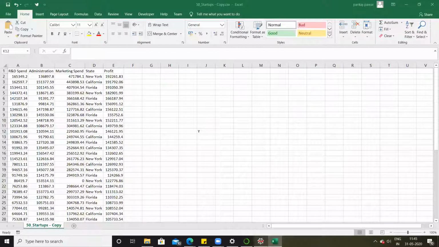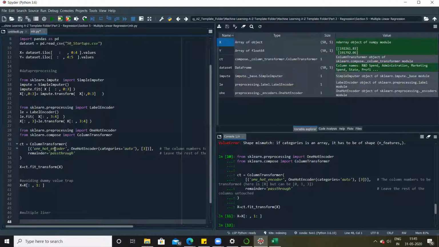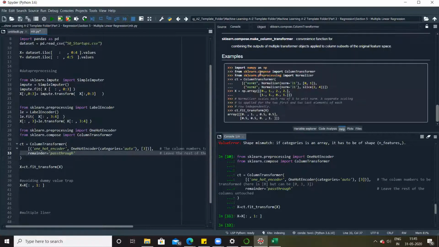Remainder parameter. What does that mean? You can actually choose to ignore this. You can use the default value. We actually don't need this. If you go to the help section, that will give you more details about that. Again, we actually don't need this.